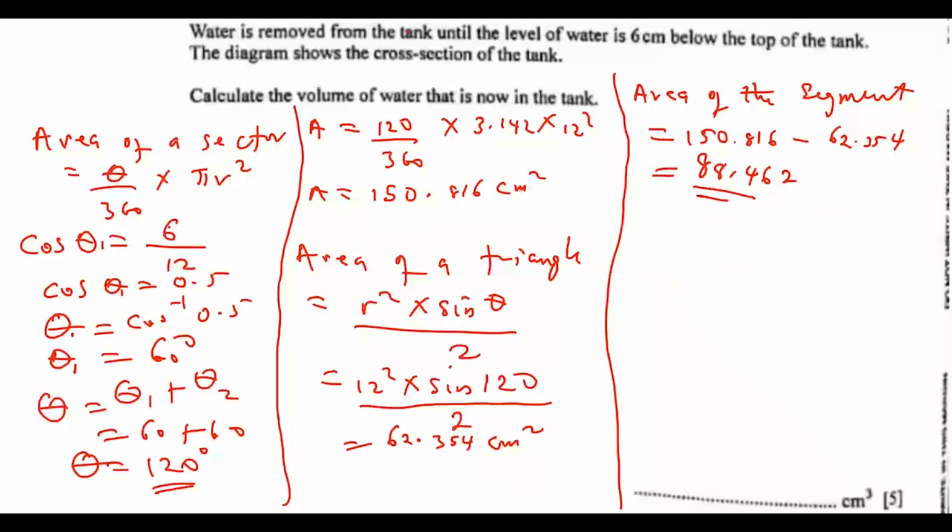Okay, so the area of the required cross section is 88.462. So finally, we can now calculate the volume of water. So volume of water now,